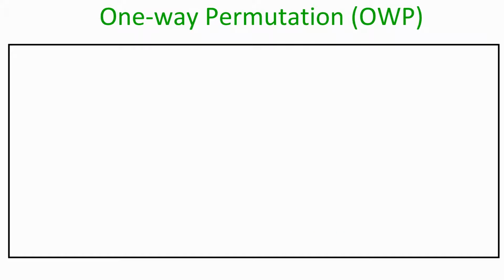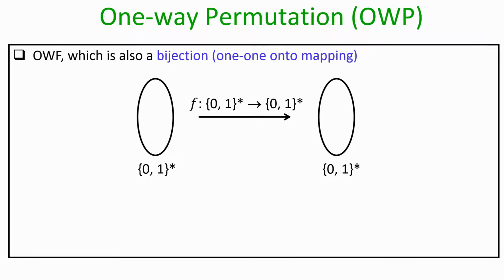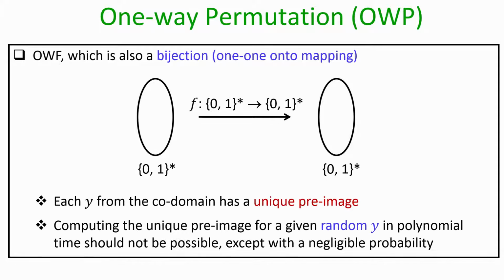So, now let us define another related concept, namely that of one-way permutation or OWP, and basically a one-way permutation is a one-way function which also happens to be a bijection, namely the mapping is now a 1-1 onto mapping. That means each y from the codomain will have a unique pre-image, and the hard to invert part for the one-way permutation is that if you are given a random y from the codomain, the challenge for the adversary is to find the unique pre-image x which would have actually given that y in polynomial amount of